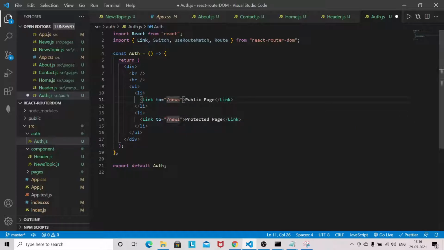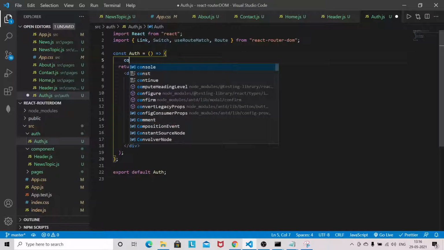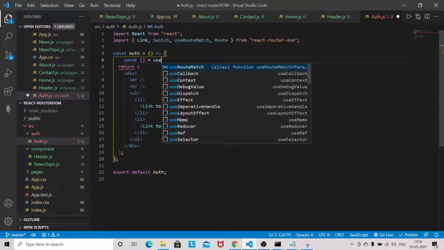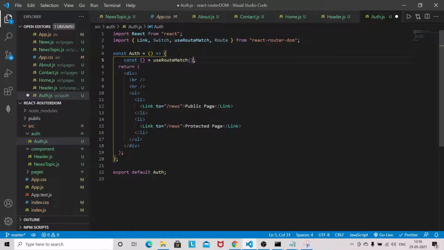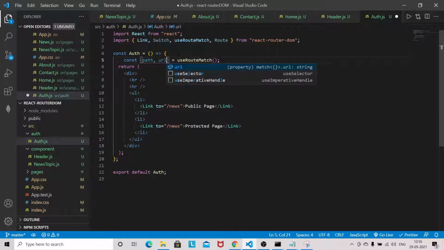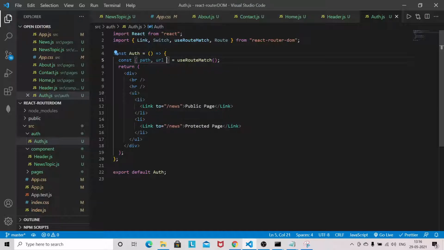We need from useRouteMatch the path and the URL, so path and URL we need here to use.